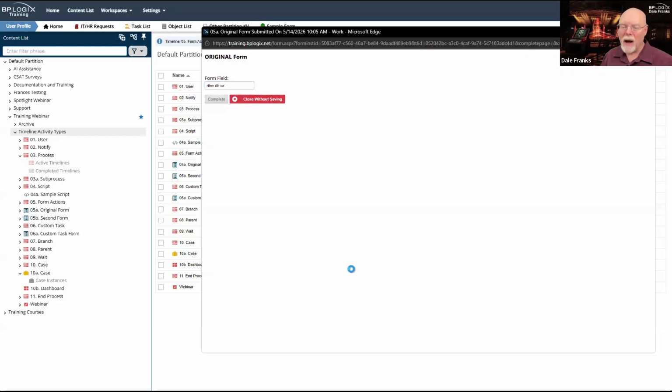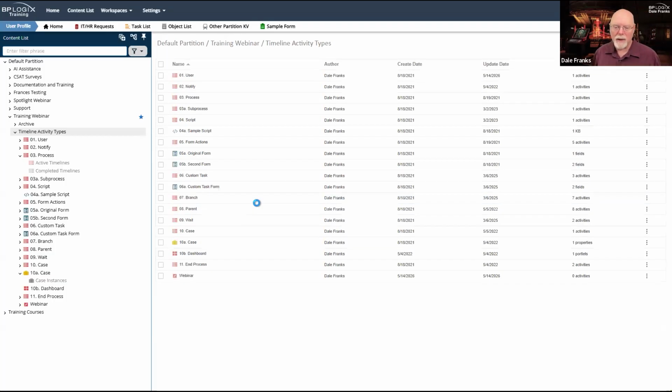And now activity 4 occurred. It swapped my forms back. Now I am back on my original form. And look, there's the data that I originally entered. At least I think it's the data I originally entered. I don't actually remember because I was just randomly hitting keys. But I'm now in activity 5 and activity 5 is completed. I guess I can complete that timeline.